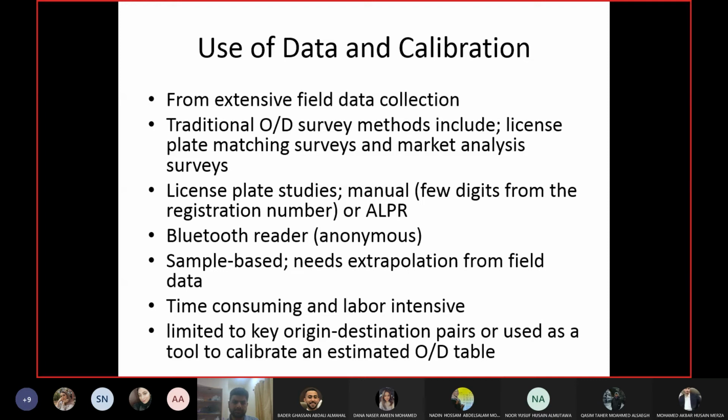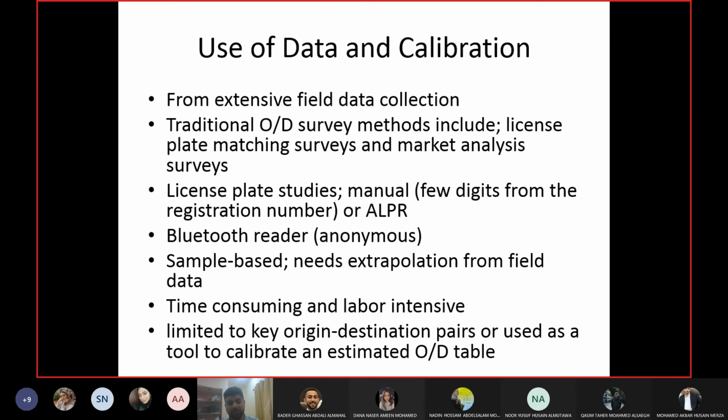It's like there's two observers. One at the entrance of the area and one at the exit. So, for example, I'm at the entrance, I will take the number of a certain car. Another observer will record the numbers of plates as well. And then we'll make matching with the number of plates. So if your number plates match, that means that car entered the area as well as exited the area.